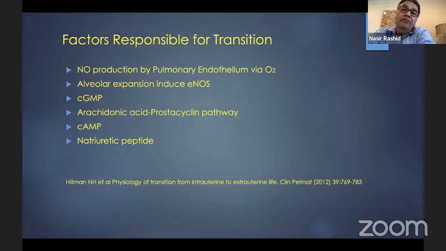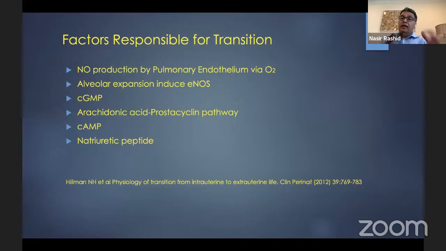Now, the factors that are responsible for transition at birth, and remember, transition means lowering of the pulmonary vascular pressure and increase in the pulmonary blood flow. So once the baby takes the breath and oxygen comes into the alveolar level, it leads to nitric oxide production in the pulmonary endothelium through the oxygen. The more breaths the baby takes, it will lead to alveolar expansion, which will also increase the production of the enzyme endothelial nitric oxide synthase, which will help in production of the nitric oxide at the pulmonary